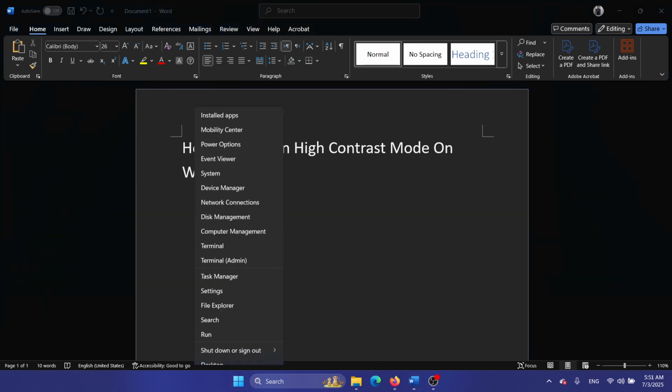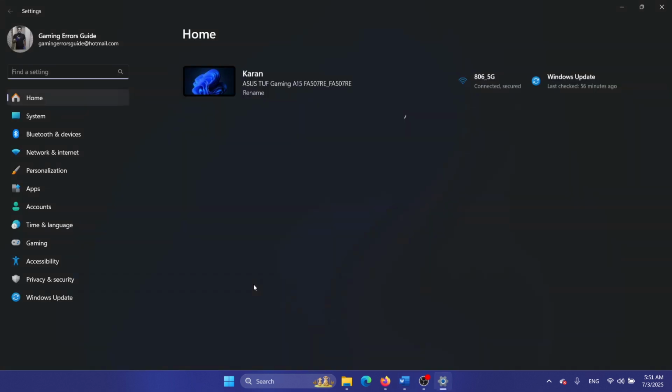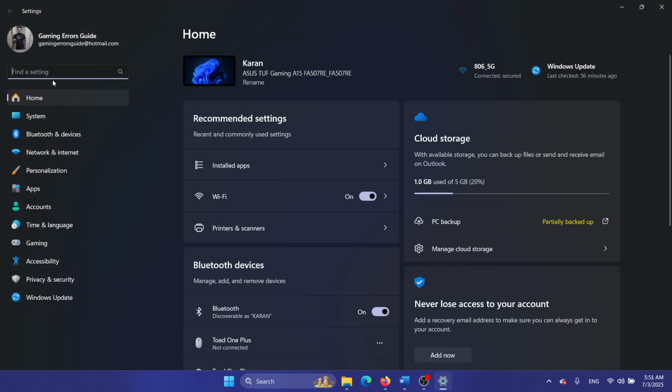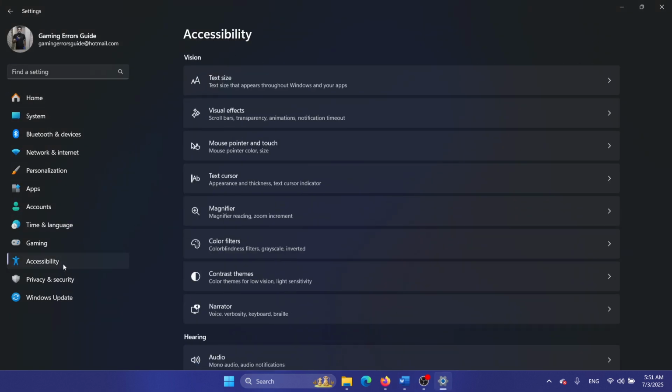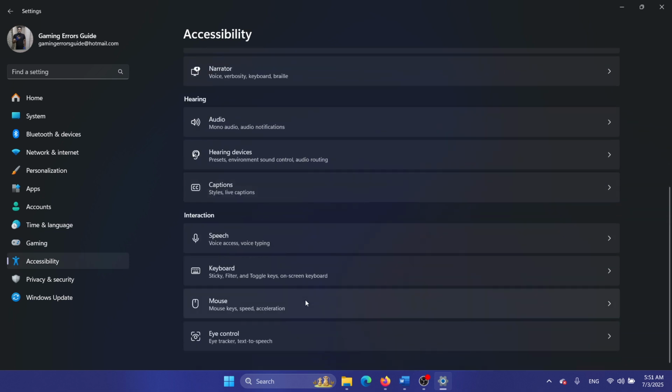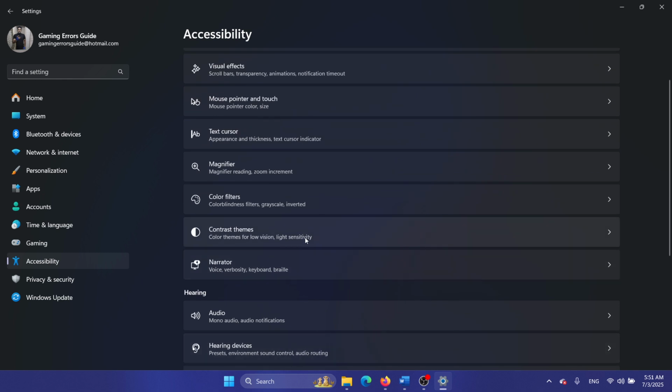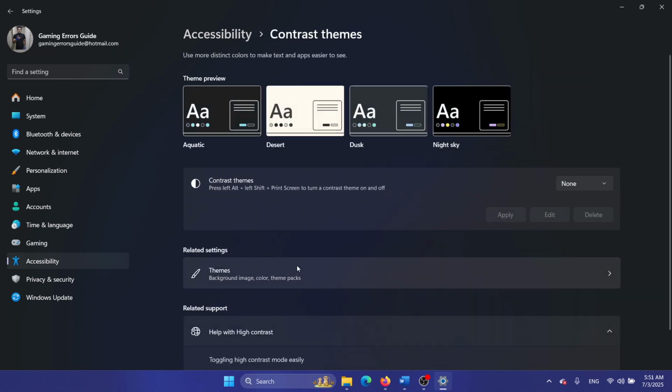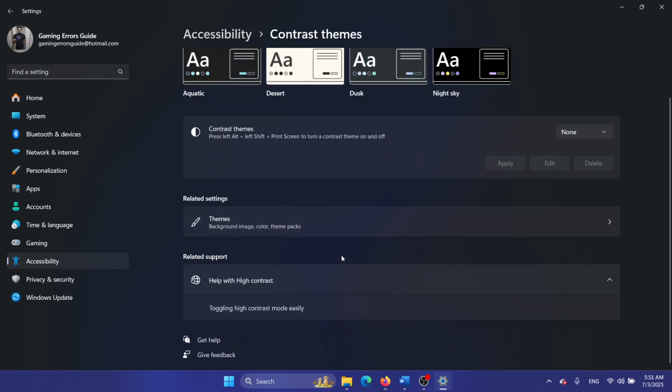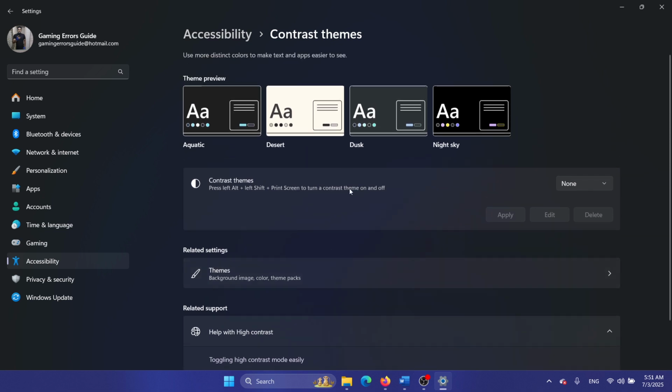So right click on the start button and select settings from the menu. Now you can go to the accessibility tab on the list on the left hand side. In the right pane, you can scroll down and search for contrast. Okay, now it has been replaced with contrast theme, so you can reach this option for the contrast themes page,